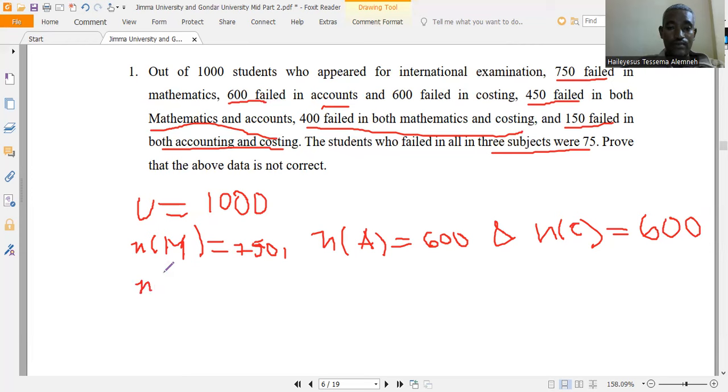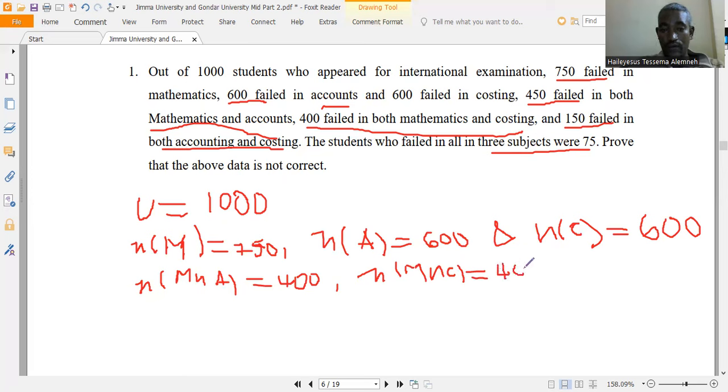አሁን number of maths እና costing ፌል ያደረጉ ኢንተርሴክሽን ስንት ናቸው? 400 ናቸው ይለኛል። 400 ናቸው። and number of maths and accounts ፌል ያደረጉ ስንት ናቸው? ማትስ እና አካውንቲንግ ፌል ያደረጉ 450 ናቸው። and number of accounting and costs ፌል ያደረጉ ደግሞ እነማን ናቸው? ስንት ናቸው? 150 ናቸው።